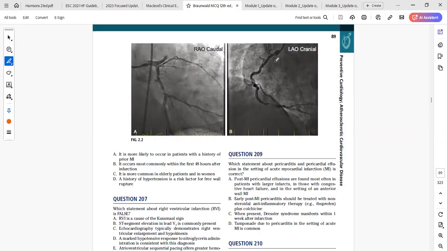Then this one is the easiest to identify because you can see the right coronary artery. So I feel there are occlusions in the mid right coronary artery, that's here, and in the distal right coronary artery, that is here. But this is me walking from back to front. If you ask me to walk from front to back, I may not be able to. I don't know whether you understand me. But I think that's what is going on here.